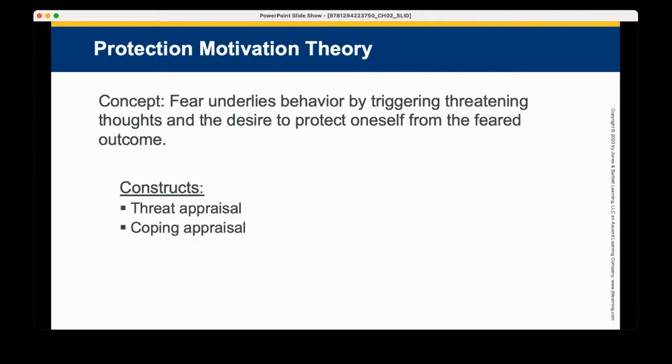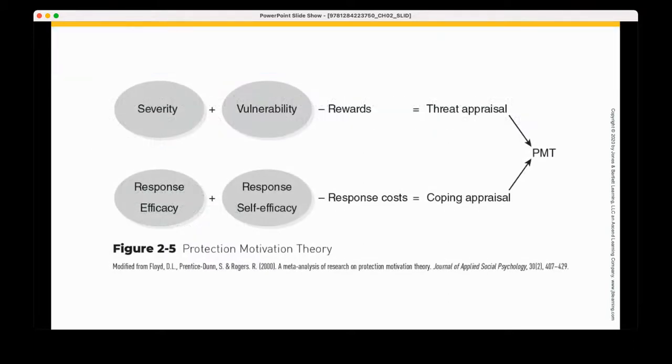Protection motivation theory has two constructs: threat appraisal and coping appraisal. Threat appraisal has to do with perceiving how serious or severe a threat is, for example a threat to their health. This should look pretty familiar because we were looking at the health belief model, right? You're probably thinking that sounds a lot like the health belief model. And it kind of is. In a sense, it's an interestingly trimmed down version of the health belief model.